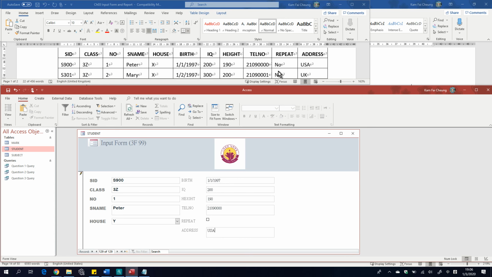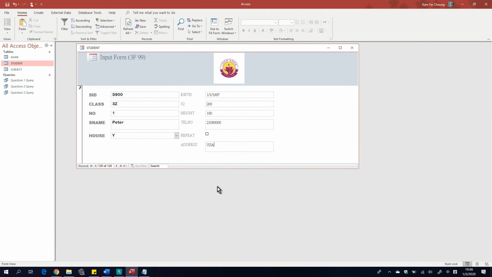And then for repeat, this is no, so we don't need to click it. All right. So go back to the field. Then you can go back to the first data. Then you can see 1 of 129. And then the second, the third, nothing's changed. But the last one will become Peter. All right. So finally, maybe you can save the input form